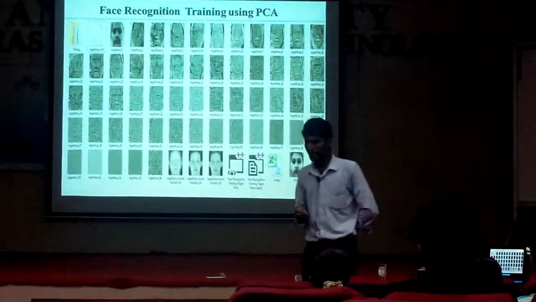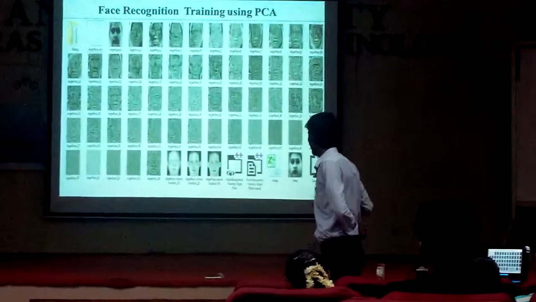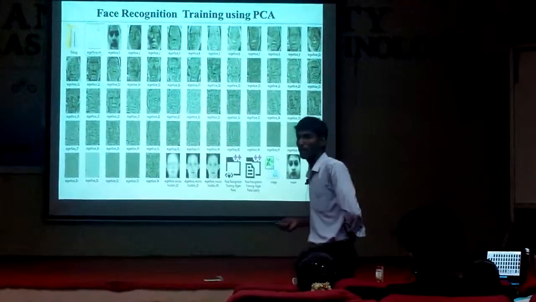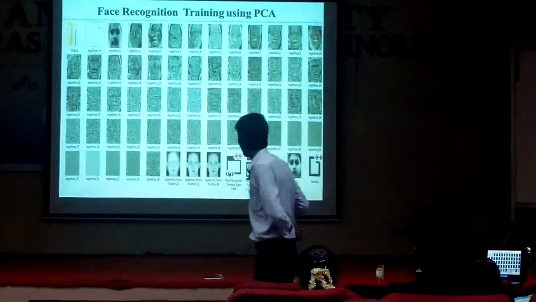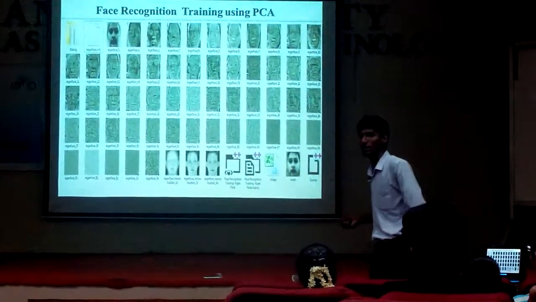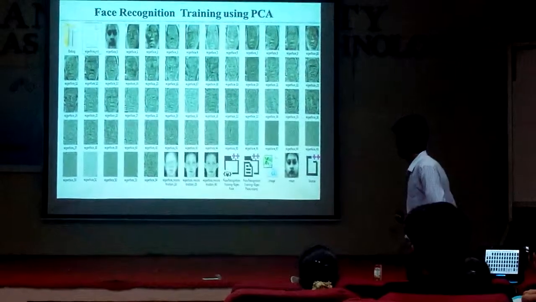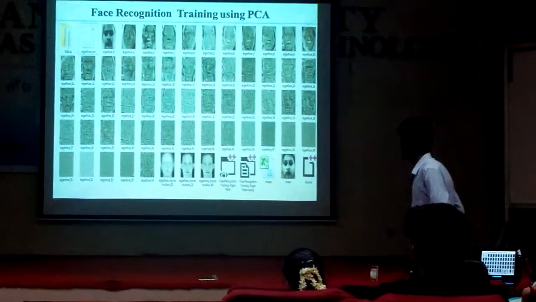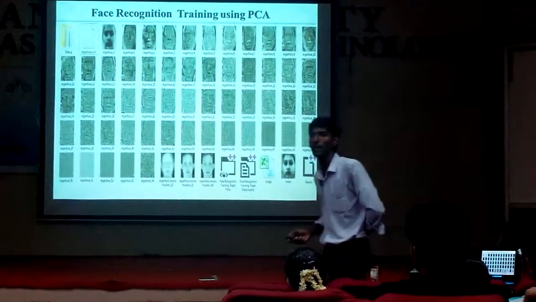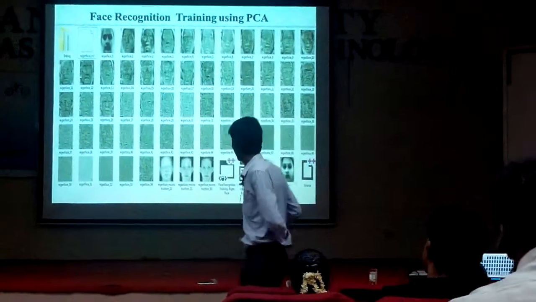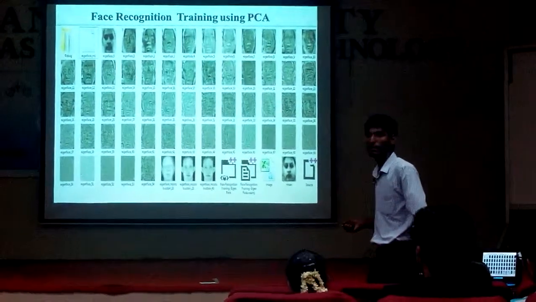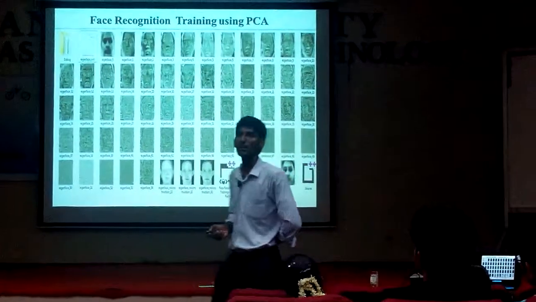recognition. In this case, in the PCA, I have applied 55 images in total. I have created the principal components, and principal components in this sense are the eigenfaces. So I am getting 55 faces because I have given the principal component value as 55, because the main objective of PCA is dimensionality reduction.